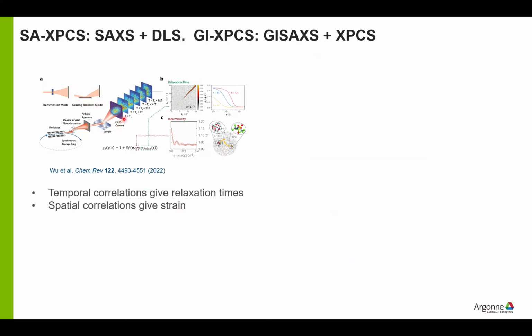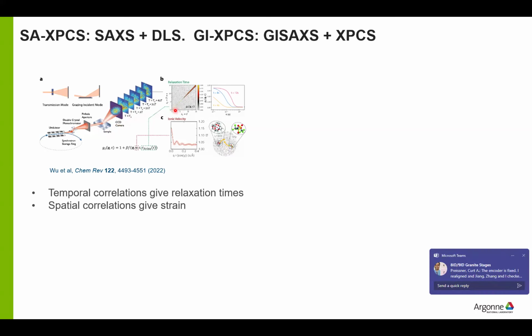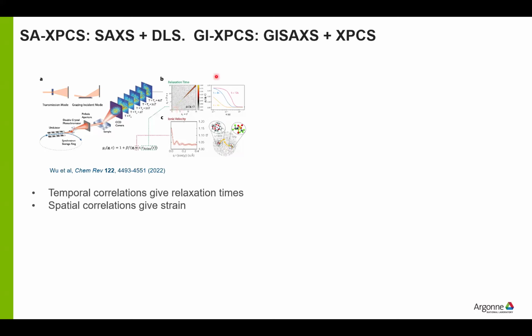And the idea, right, we just have a series of images in the grazing incidence geometry, and then calculating the correlations pixel by pixel between these different frames gives relaxation times like you see here. And then it's also good to note that spatial correlations between frames can be interpreted to give the strain that